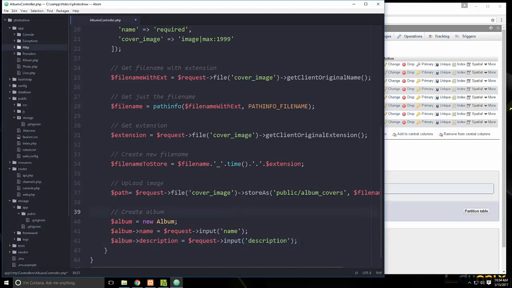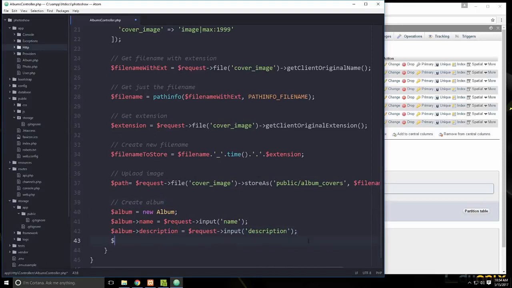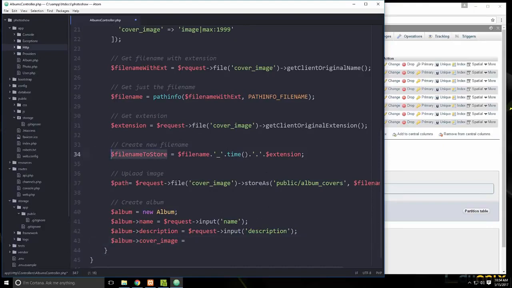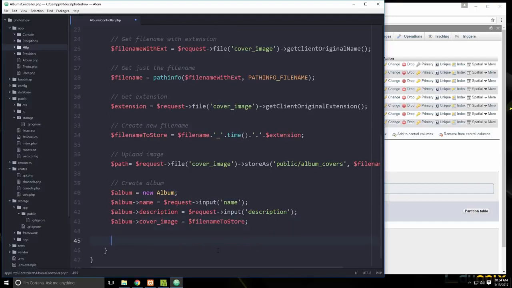Okay, and then we also want the cover image, so that's going to be album cover image, and we're going to set that equal to the file name to store, which is this right here. All right, and then we're going to save everything,